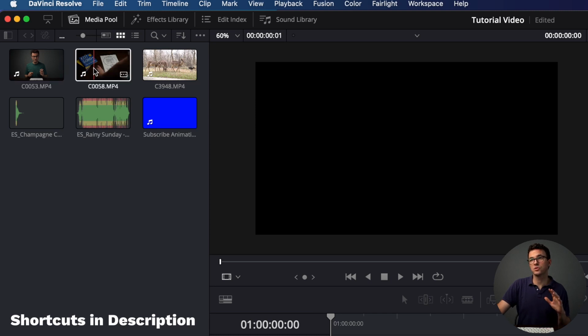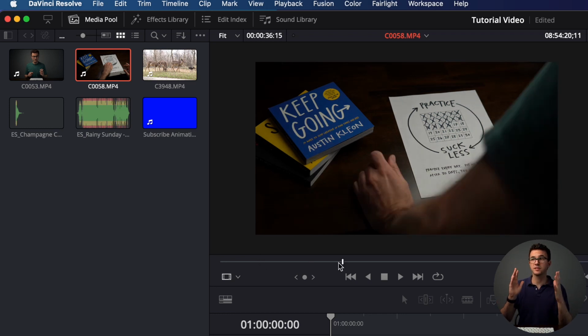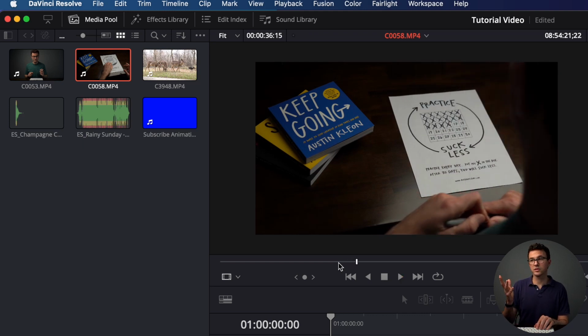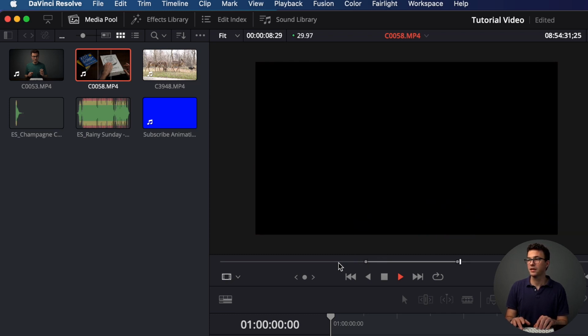The other thing is if you double click anything, it essentially shows up in this preview window. So what you can do here is find the section you want to include in the timeline, so you have less editing to do once it's there. You can hit the space bar to let it start playing, or to stop. Then you can hit I to mark where you want to start, and then O for the out, the end of the clip that you want to use. So if I let it play, I hit I, and then O.